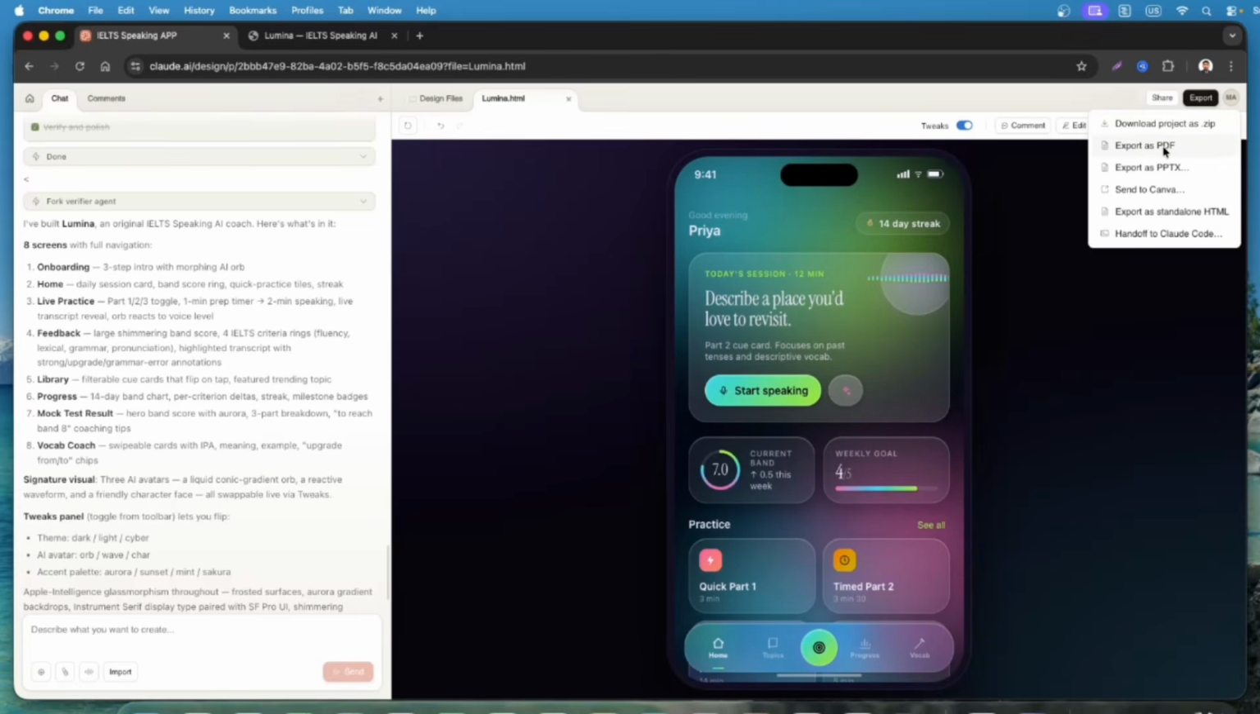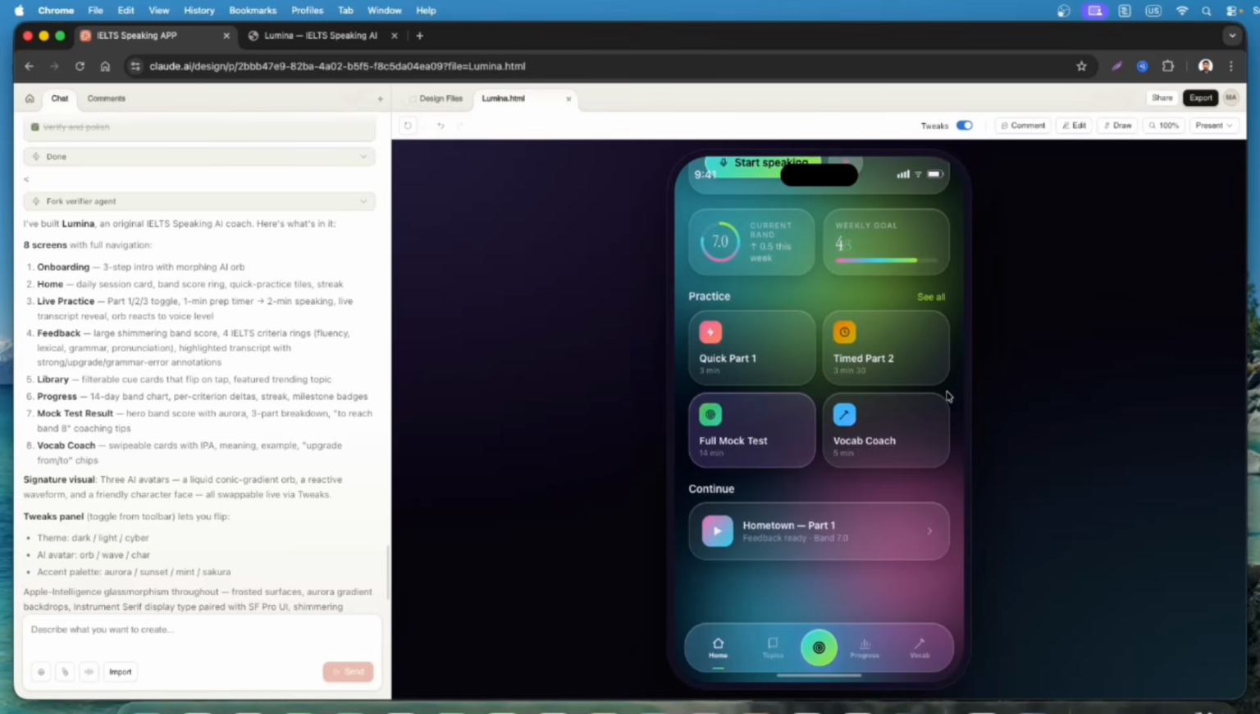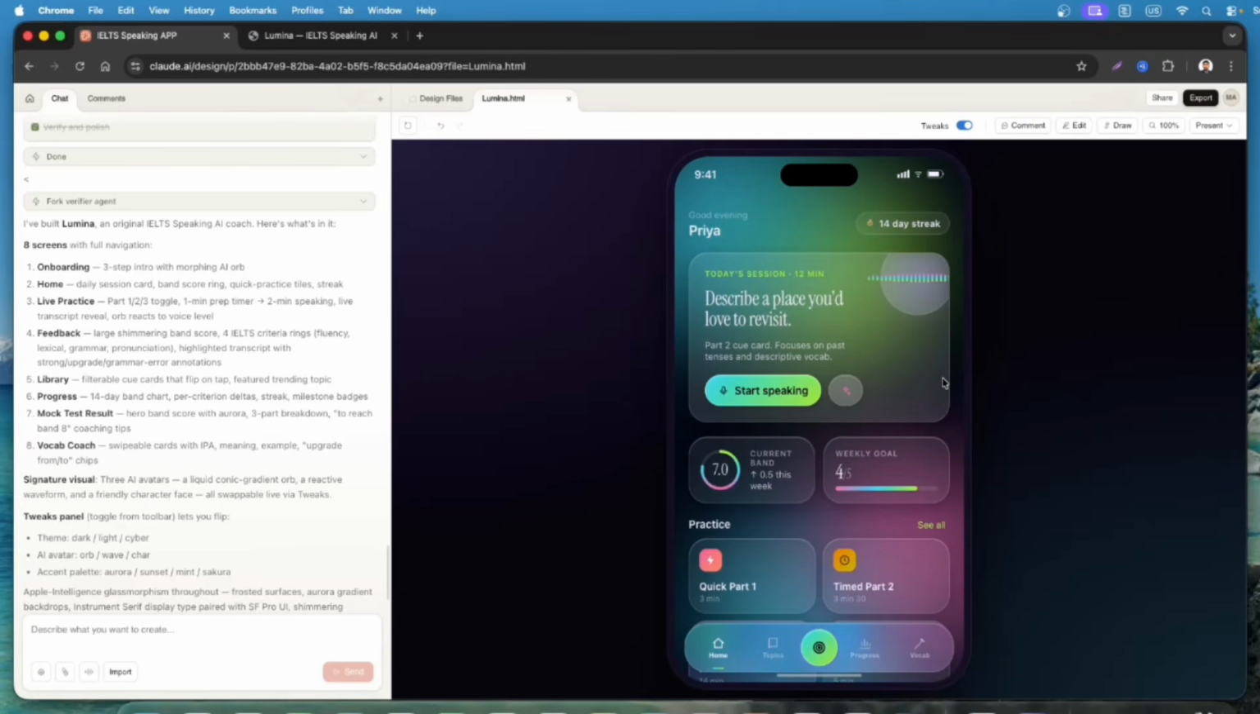If you need a PDF for sending to someone through email, you can do that. If you need to present it in your presentation, you can just export as pptx. If you need to send it to Canva, you can do that. You can export it as an HTML file. And for example, if you want to build an app, you can directly export it to Claude Code and start building your applications. Okay, so I hope you understand how awesome this Claude Design is, and it works amazingly,